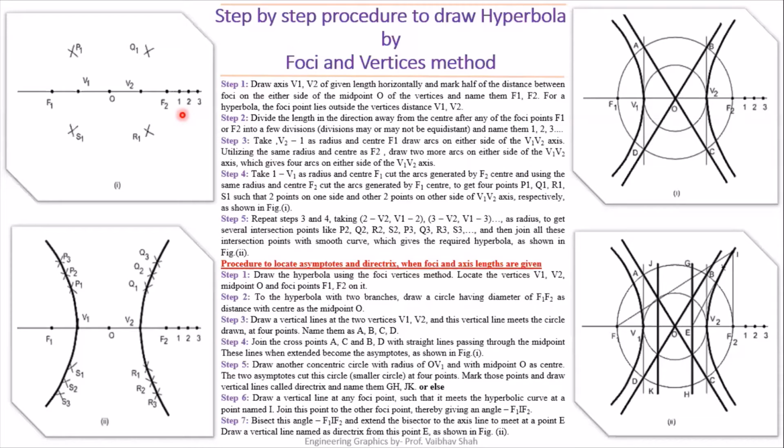So let us start. First, take out your rounder, and on your rounder, adjust the dimension of V2 till V1. So adjust on your rounder V2V1. After adjusting your rounder to V2V1 radius, put your rounder first on F2. Make one arc above F2 like this, and make another arc below F2 like this. Similarly, with the same dimension of V2V1, put your rounder at focal point F1 and make one arc above F1 and one arc below this F1.